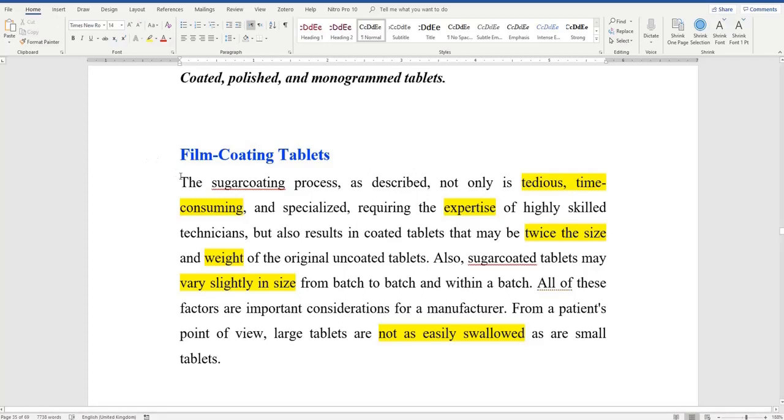For film coated tablets, first, it's less tedious to do the film coating. Just a while ago, I described several steps in sugar coating. It's really tedious and it needs the intervention of the operator several times. Number 2, it's time consuming. Number 3, it needs expertise. Number